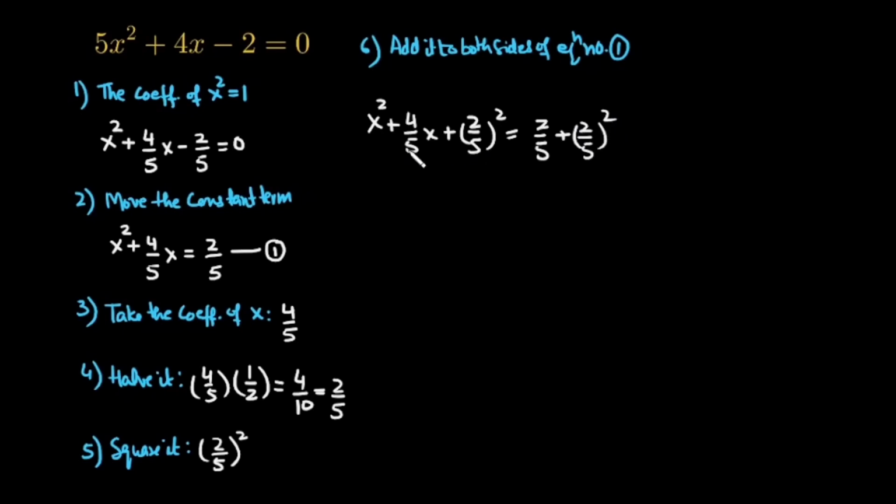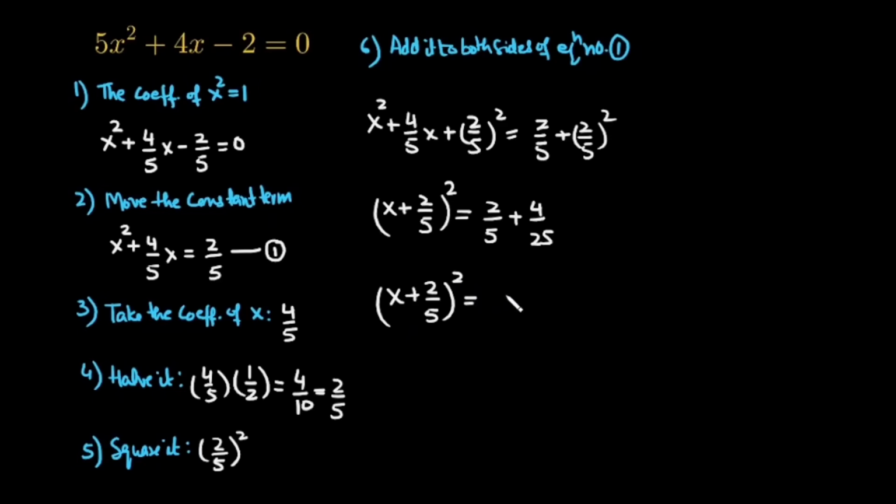So this is our perfect square. So this is x plus 2 over 5 square. When you open this square, you will get this answer. This is equal to 2 over 5 plus 4 over 25. Just open this square, and solve whatever is on the right hand side by adding the two fractions. So this is x plus 2 over 5 square